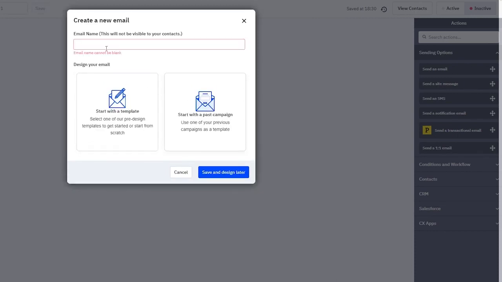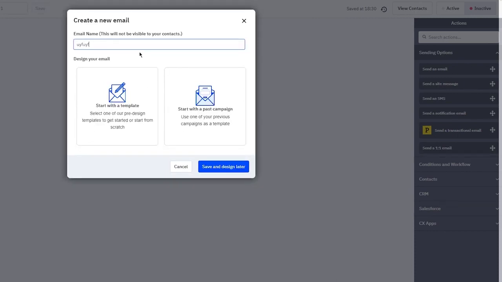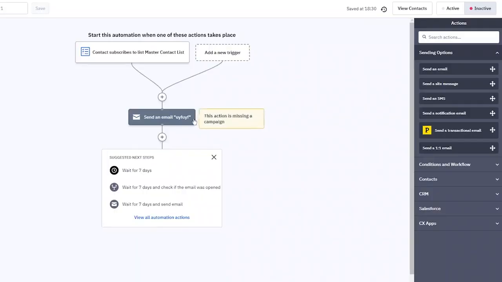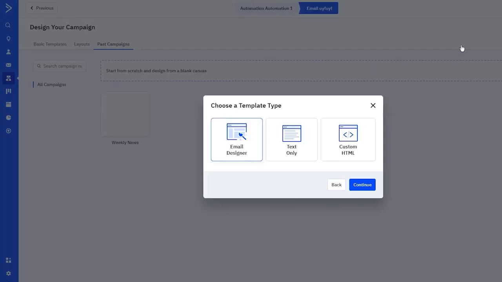You can start with a past campaign. I'm going to just name this email. Start with a past campaign that you've created, and then obviously just go ahead, make more automation steps, and that's going to be how you're going to create automations for yourself. So yeah, those are the general features for when it comes to working with ActiveCampaign